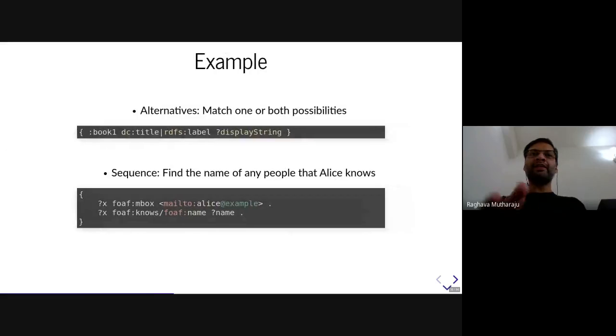So let me just start with a few examples. Let's say you want to match one or both of these possibilities, just like an optional, for example. You are interested in all the books that have title or label or both, right? But you are interested in all such labels of this book. This pipe symbol indicates the or. So you are interested in title or label or both. Any book that has either or both of these should be part of the result, right? That's what this indicates. You can also have a sequence, which is the slash symbol,